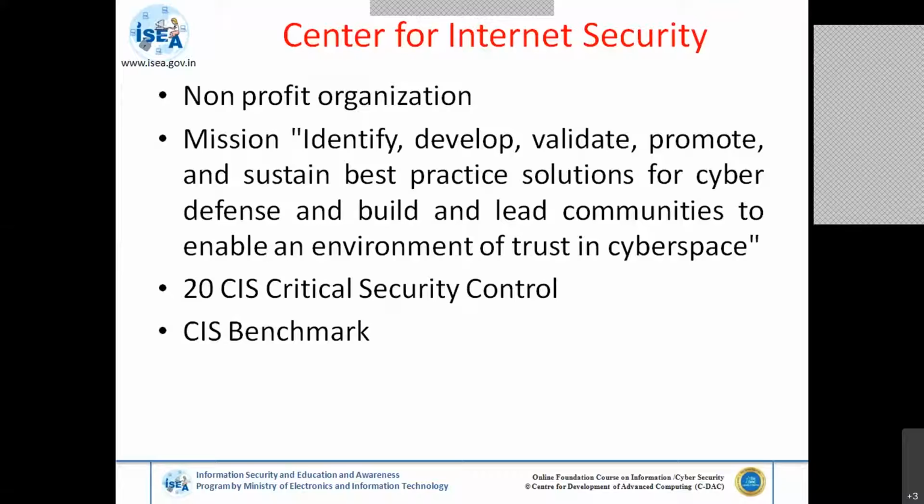Suppose those controls are implemented, so it's not very easy. You can implement the top 10 security controls under various tools, and after those tools have been implemented, you can use these benchmarks as one of the standards, and you can implement the same thing in your organizations. Okay. So there are two ways you can implement these things. One is using your CIS-CAT Lite tool, or there are some benchmark standard PDF files, but that is a manual process.